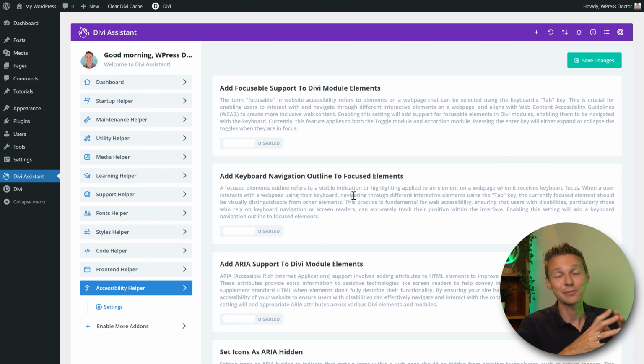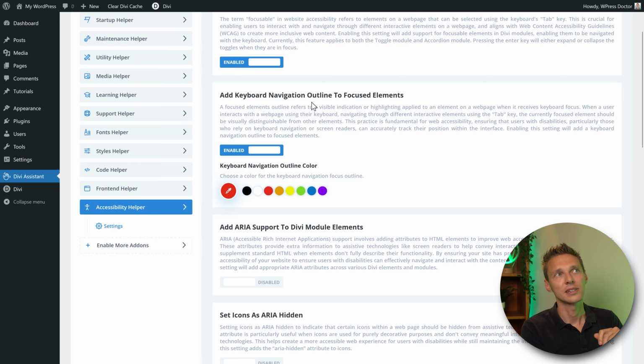Now we have the Accessibility Helper. This is so useful. If you're building a website and your target audience is, for example, people with bad eyesight or who use screen readers, then you need an extra plugin that is very old and not updated. I have done this a couple of times, but this is way better. We can just add it in. You can use your keyboard navigation.